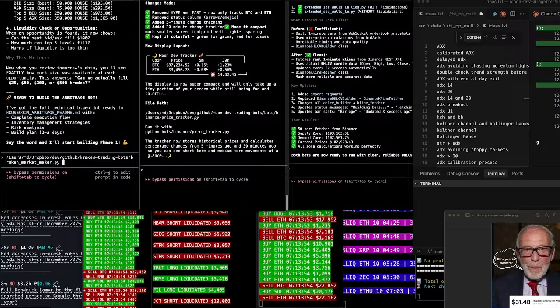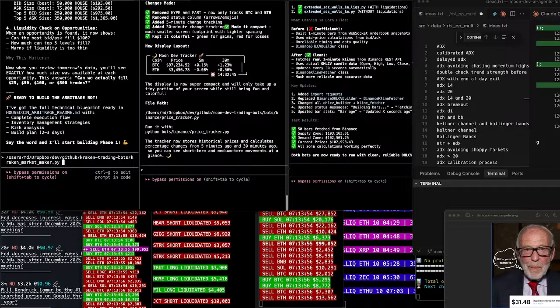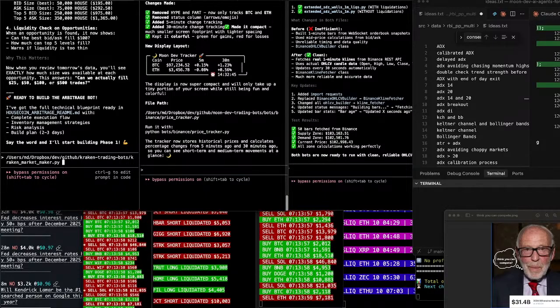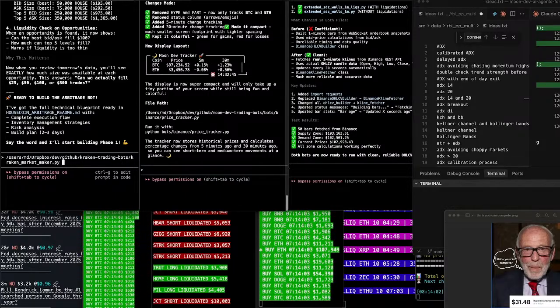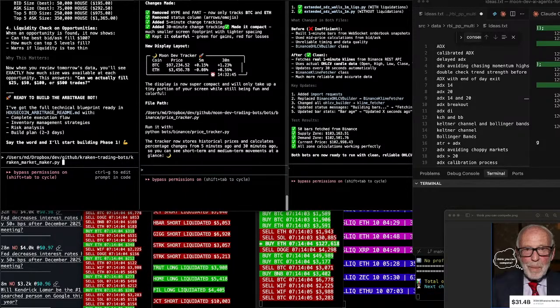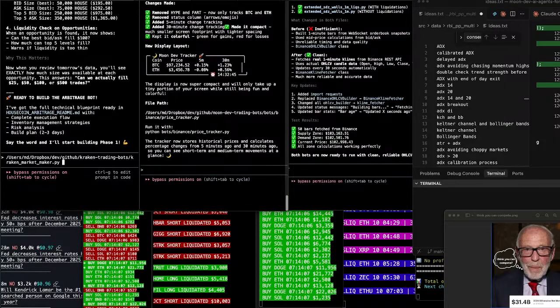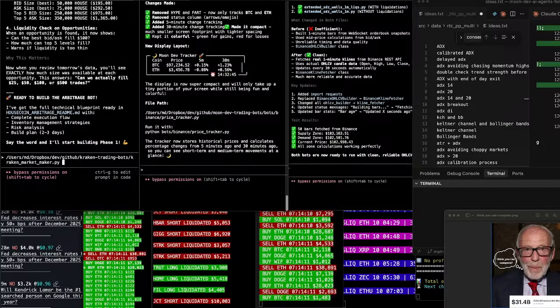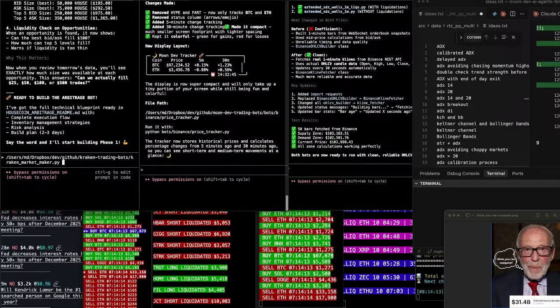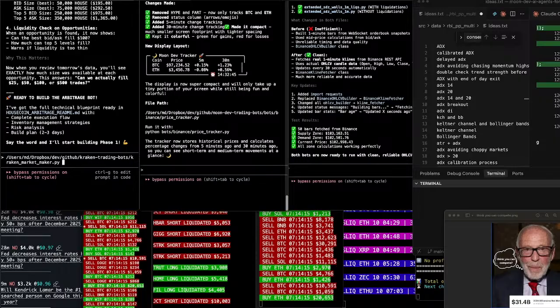So look at the .env example here in this Kraken bot. Don't look at the .env. Never look at the .env. Don't look at it. Assume that it's exactly how it's set up in the .env example. I've got my Kraken keys there. It's imperative that you don't print it. Don't even look at it here on the screen because I am on stream. It has my Kraken keys. It's so dangerous if you share that.